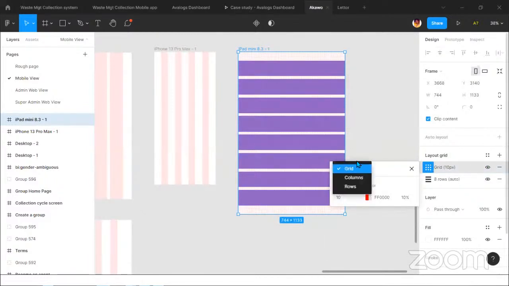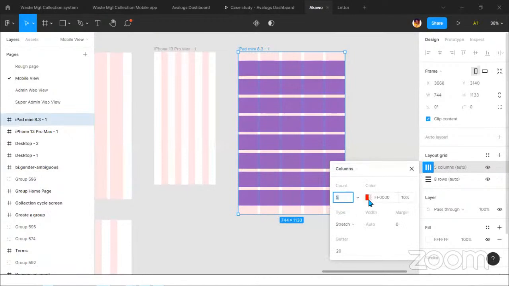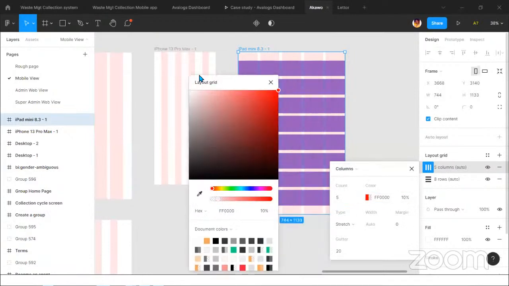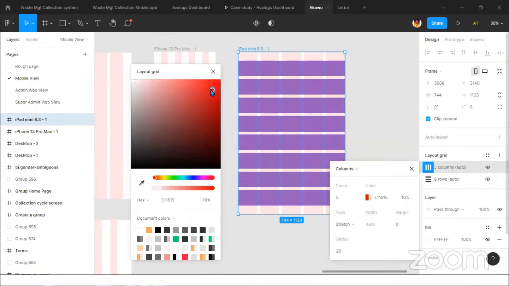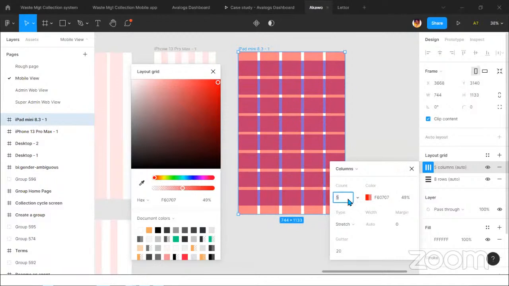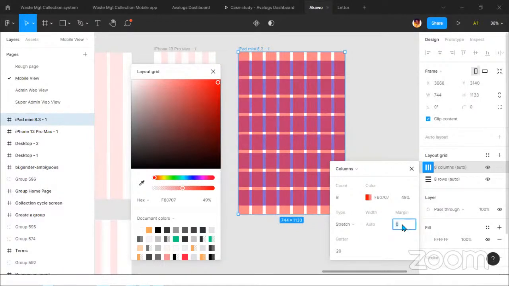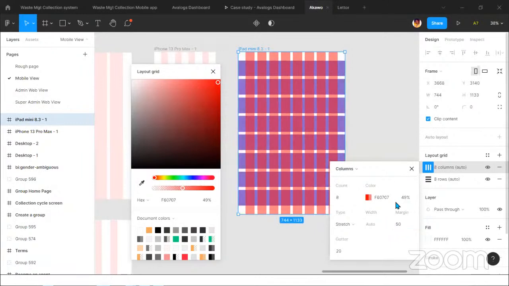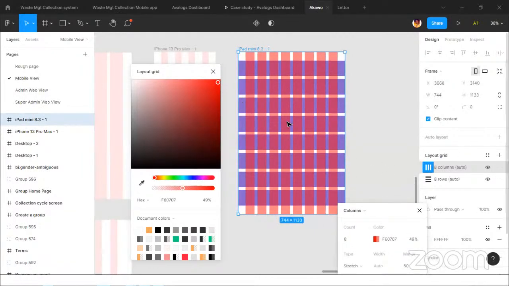Then let's use row, for example, and let's change the color and increase the opacity. Okay, so let's use 8 for it, for instance. You can change this to, let's use a margin of 50. This is it. So let's say, for example, I'm placing something in the form of a row